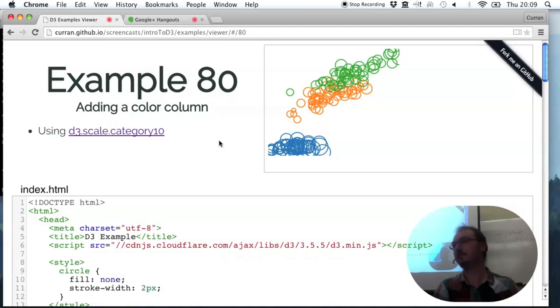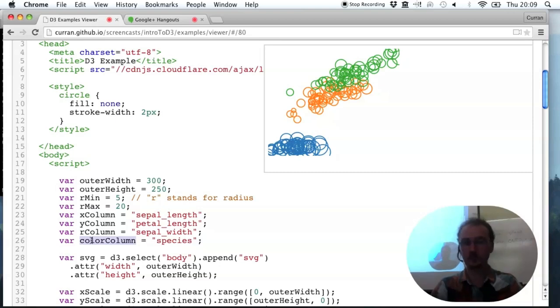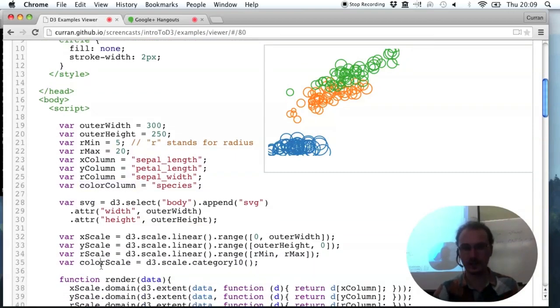So we can also add a color column. So here's how we can represent another column, which is not numeric, with color. Let's see what the code looks like for this. There's a color column variable as well, species, and a color scale, and we're using